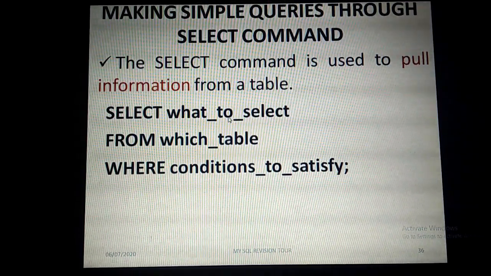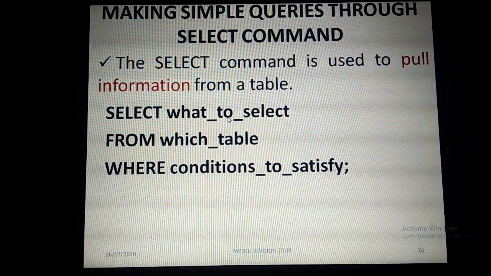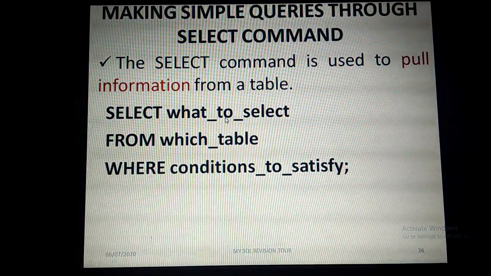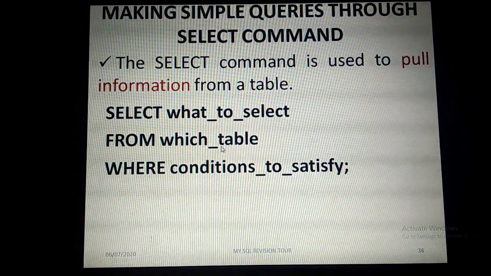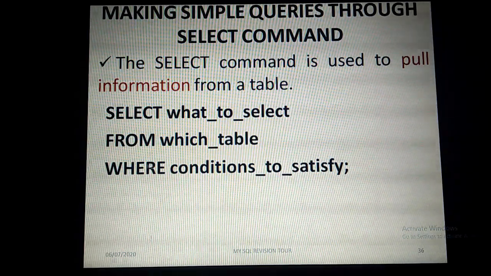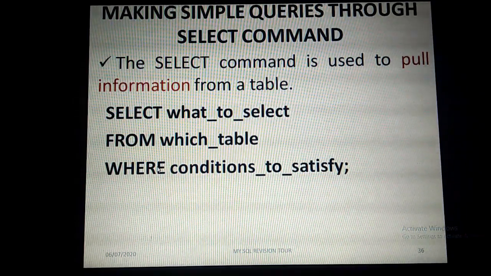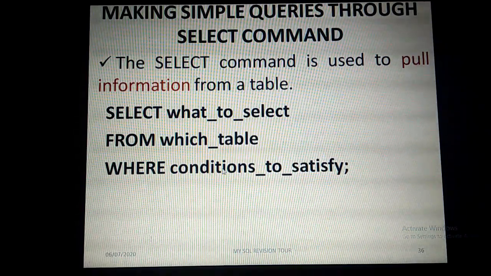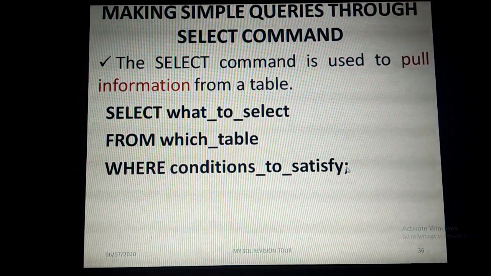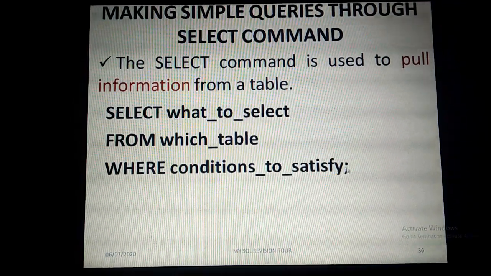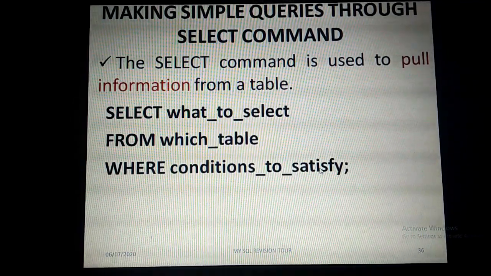That symbol only you need to use for retrieving all the columns. Then from which table, the table name we need to give. If we want to apply specific conditions, we can use the where clause. After that, a semicolon you should compulsorily give. If you forget the semicolon, it will produce an error.